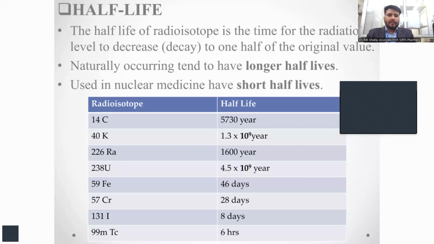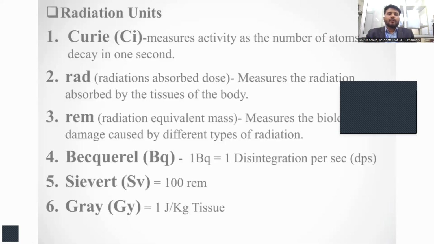Fe-59 has a half-life of 46 days, Cr-51 28 days, iodine-131 8 days, and Tc-99m 6 hours. So there are some radiation units to measure radiation, like the Curie (Ci), which measures the activity as the number of atoms that decayed in 1 second. The rad is used for the radiation absorbed dose, measuring the radiation absorbed by the tissue of the body. REM, radiation equivalent man,